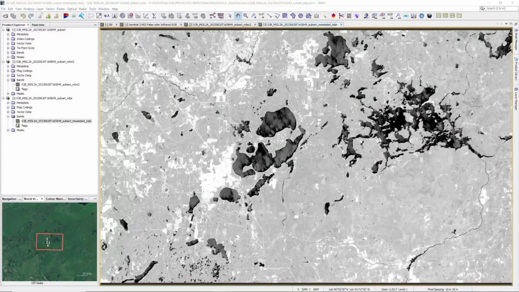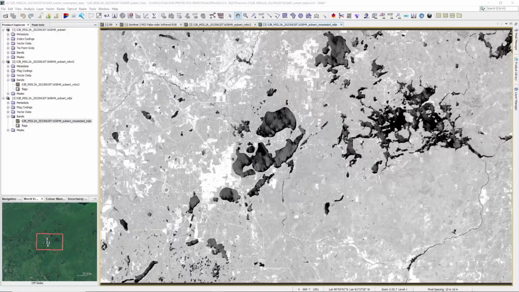We are now going to calculate a third water index. In this case, it's an index that is not implemented in Snap, it's the OISH index. This index is designed to improve the accuracy in the extraction of water bodies, but taking into consideration the effect of shadows, that is to say, it will minimize as much as possible the effect of shadows that we can find in the scene. To calculate it, we have to work with the previously resampled image,